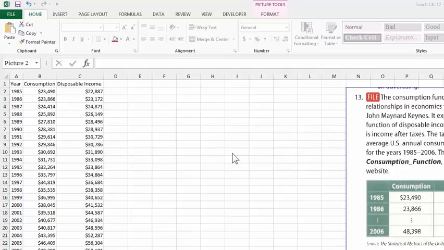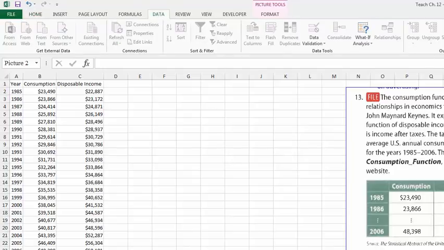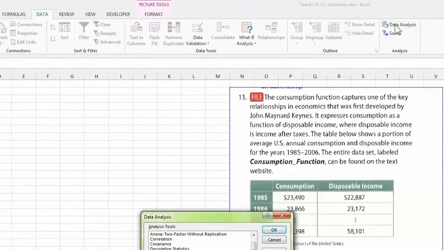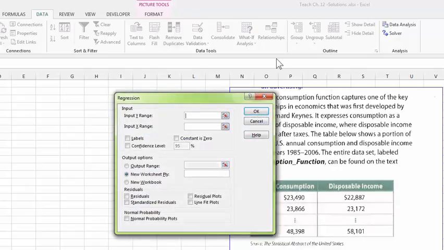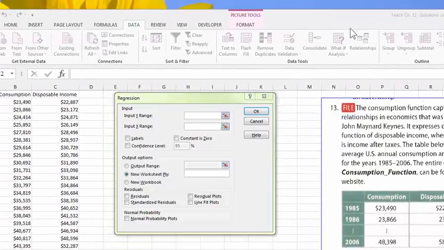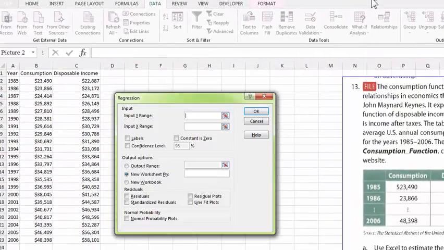So with this, we're going to go into data, and then data analysis, and then we'll go to regression, and we'll highlight then the X and Y range. So in this problem here,